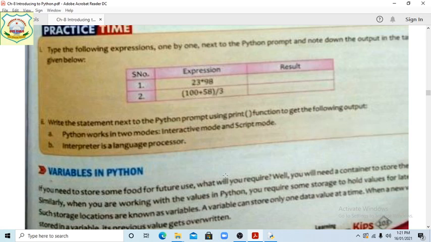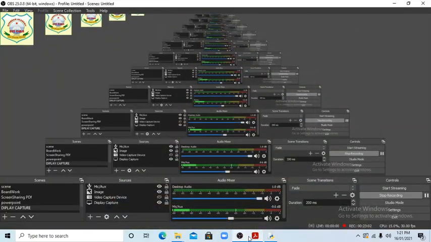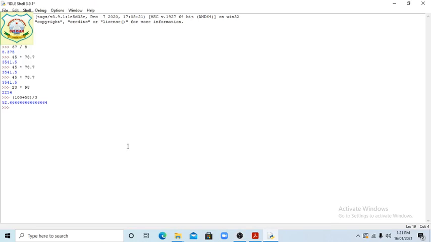Now by using the print function, how will we do it, students? Print 23 multiply 98 equal, okay students, then comma, then 23 multiply 98.